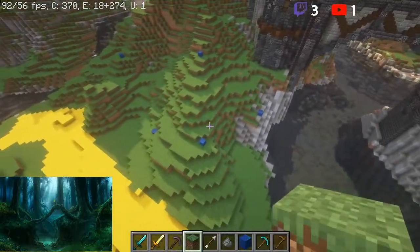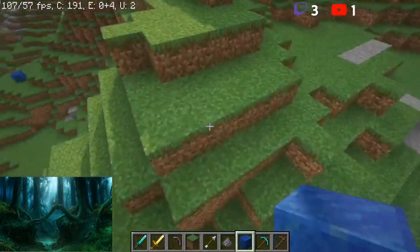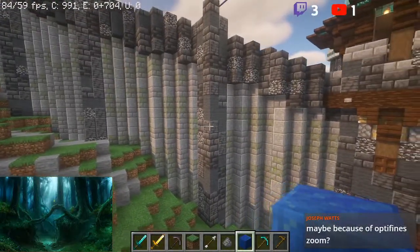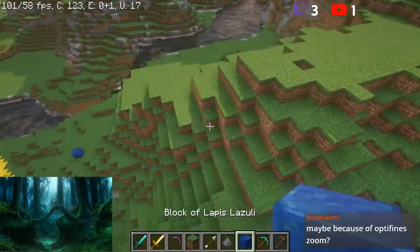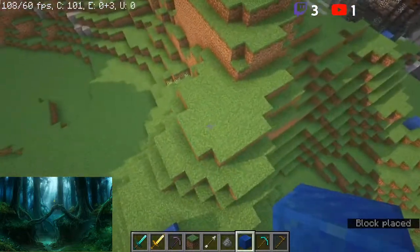Let's see. I think we need some trees kind of up here. I think we don't want too many trees directly next to the wall. I feel like that would be a security issue. Maybe some stumps, you know? We could put some tree stumps down there. Maybe there used to be trees there and they cut them down because they were a security threat. I don't know how much of a security threat they'd really be, but